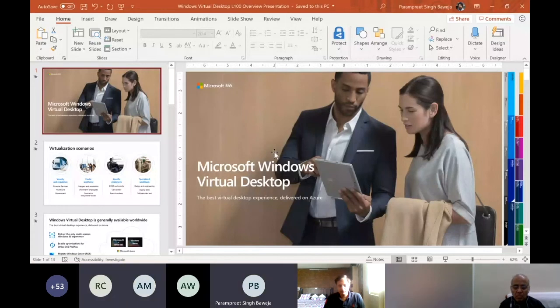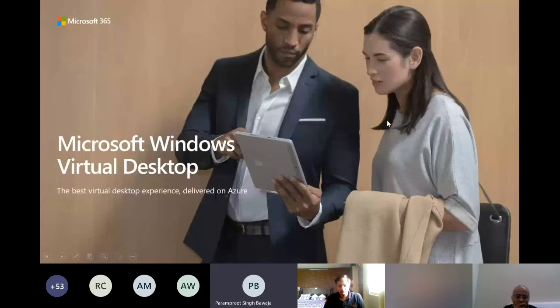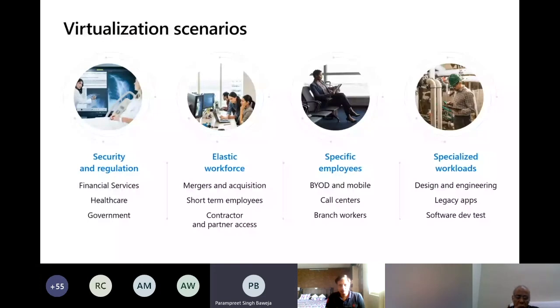Thanks. So hi, good morning, everyone. This is Parampreet. I am a specialist for Azure Apps and Infra at Microsoft India. We've been talking, and as Ashit briefly discussed about the setup, I'll just spend 10 minutes on helping you understand what exactly is Windows Virtual Desktop and how it can cater to a lot of virtualization scenarios and remote work scenarios, which you as an organization might be wanting to explore in the current state of affairs, where at least companies are looking at 2 to 3 months minimum of remote work scenarios for their workforce.